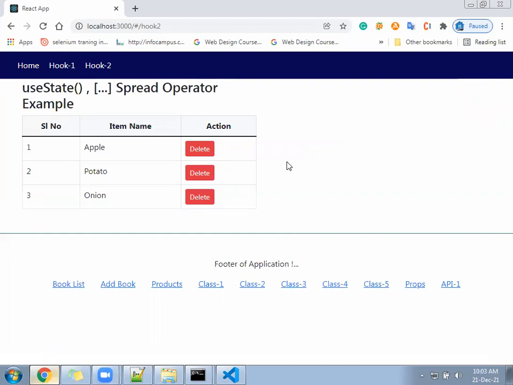Okay. Now you can see the list of data is coming. 363 I have given.